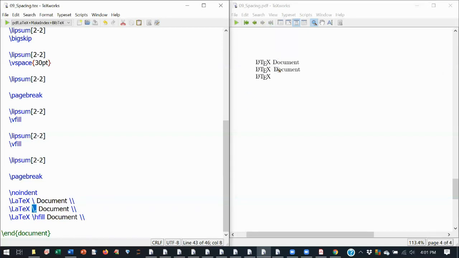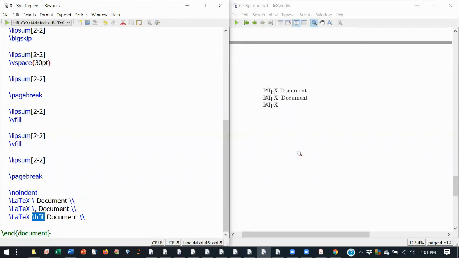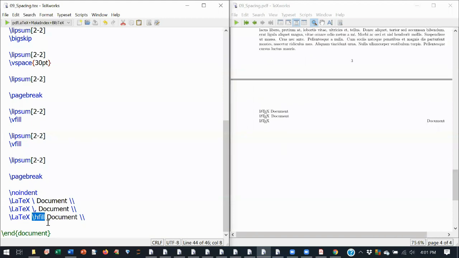A little more space will be added. You can see a small space is introduced. But if you put \hfill, it will split the sentence. One part will go to the left and the other to the right. It will align properly to the left and right of the document by using the command \hfill.